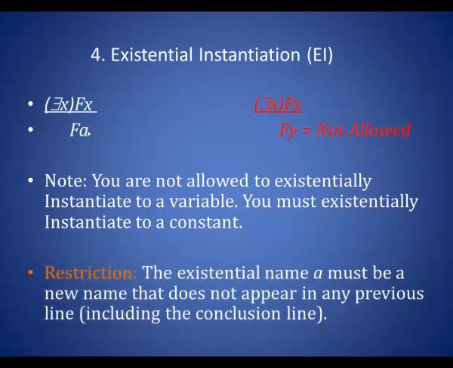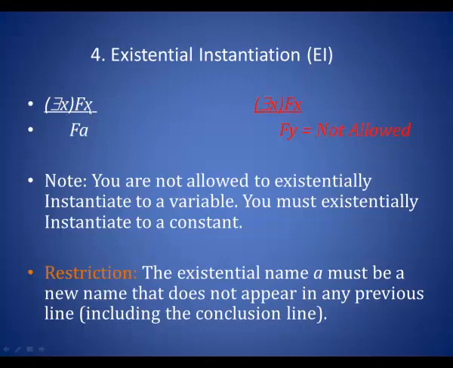There's a further restriction as well. The existential name, and in this case I used A, must be a new name that does not appear in any previous line of the proof, including the conclusion line. Now, I'll make this more clear when we do some examples, but whatever constant you bring in after removing the quantifier,